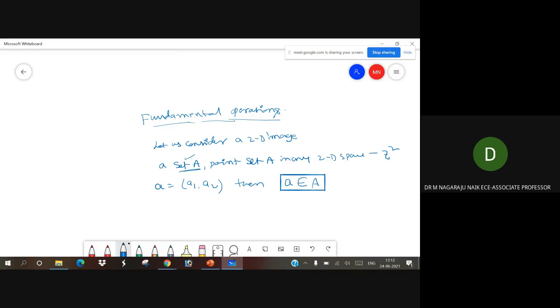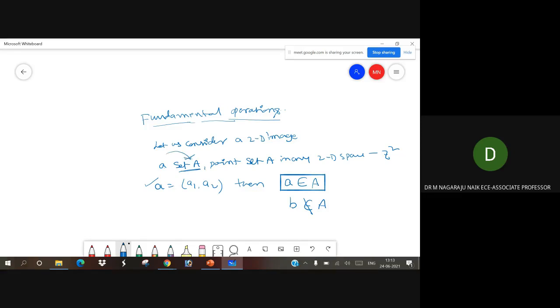A belongs to A, but B, does it belong to A? No, absolutely it does not belong to A, because we have defined that only A. So A is a set of A only.